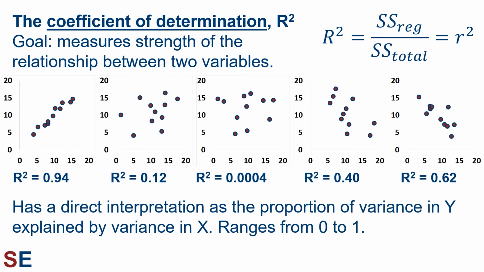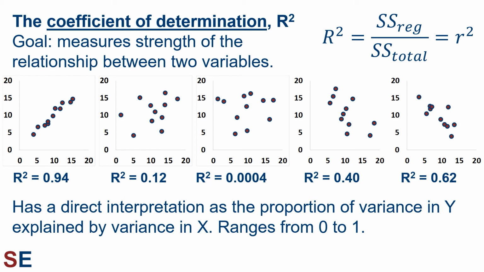The coefficient of determination can be calculated in two different ways when we have linear data. The first is as the sum of squares regression divided by the sum of squares total. The second is as the square of the correlation coefficient. R squared varies from 0 to +1, where 0 indicates no relationship, and 1 represents either a positive or negative relationship with no noise. When data points don't fall exactly on the best fit line, the value of R squared